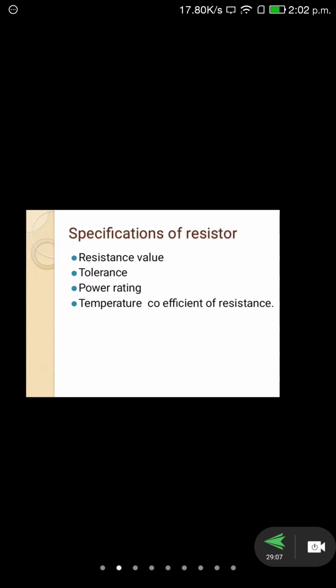Next, power rating. It is also important. So power rating is also important. Why the power rating is important is only one thing: the ability of the resistor